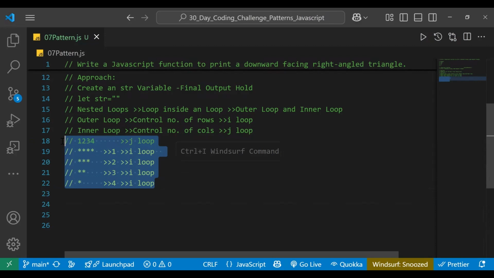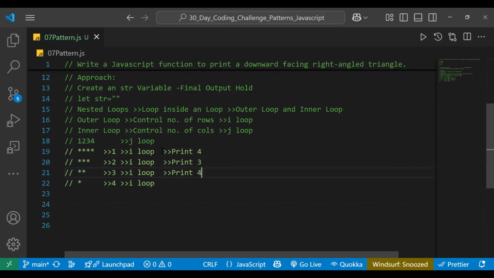If we see this pattern once again very closely, we can see in the first row, we are printing how many stars? We are printing here 4 stars, okay? So I will just write here 4. After that, how many stars are we printing? We are printing here 3 stars, right? So I will just write here 3. After that, how many stars do we have? We have 2 stars, right? So I will write here 2. After that, how many stars do we have? We have 1 star, right? So here we have 4 stars, here we have 3 stars, here we have 2 stars, and here we have